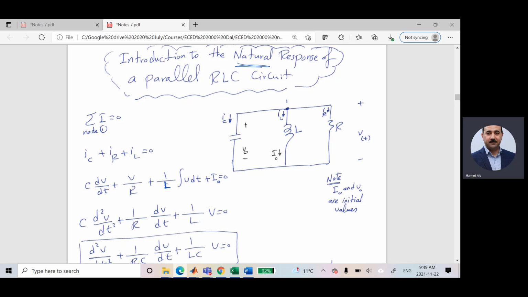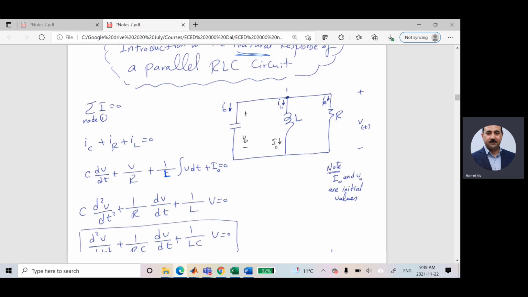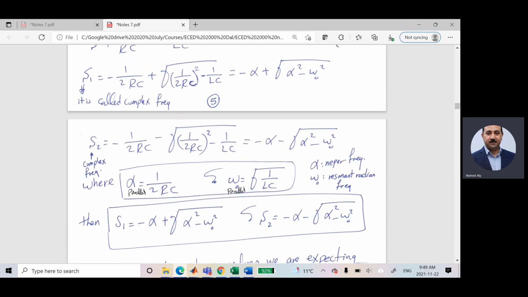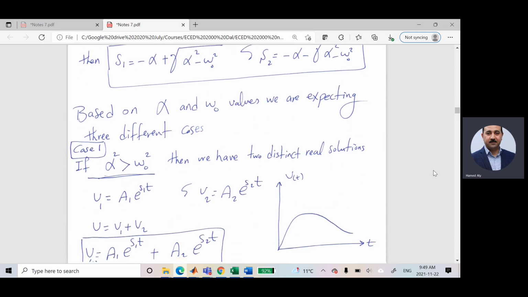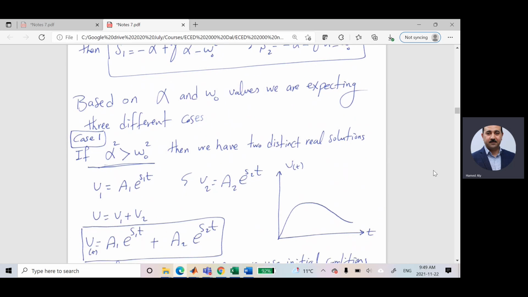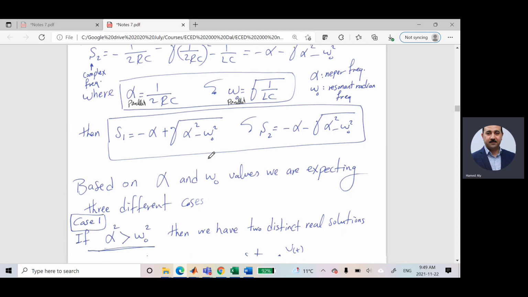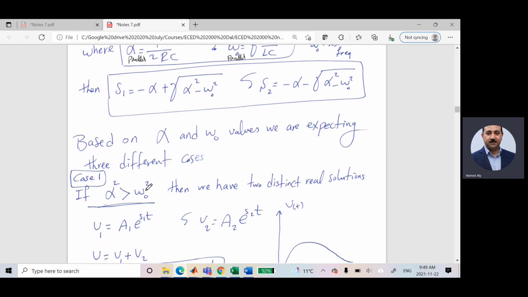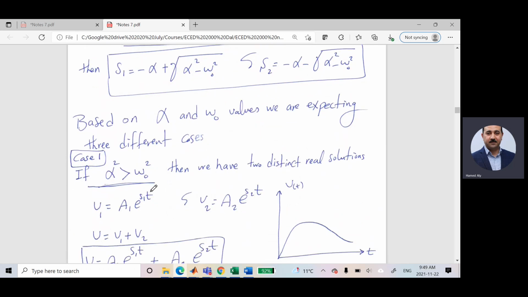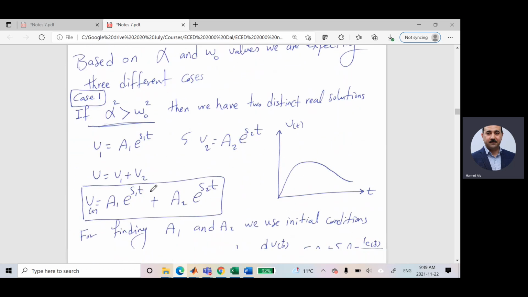So we tried to derive the equation of the voltage V of t, and we said that V of t could be represented by one of three different equations based on alpha and omega. What is alpha? Alpha is equal to 1 over 2RC, and omega is equal to the square root of 1 over LC. We said that if alpha squared is greater than omega